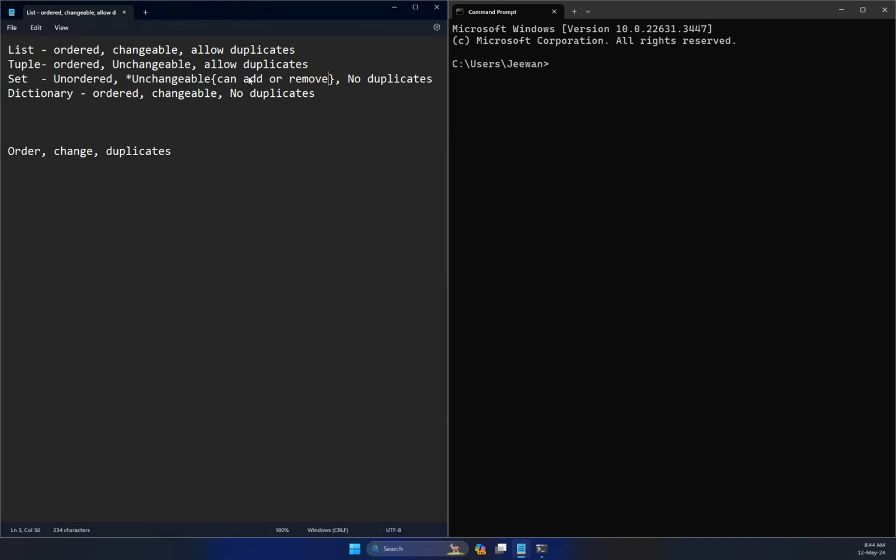Then we will talk about in detail what you mean by unchangeable when we talk about the set. Therefore, now based on these characteristics, you can decide what type of collection you should choose,